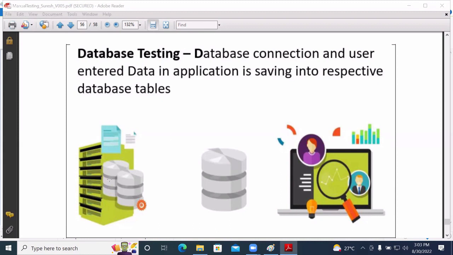Up to the joins concept, they will expect knowledge: how you can retrieve data from one particular table, or how you can retrieve data from more than one table. So the conclusion of database testing is simply checking whether data has been saved in the proper tables or not.